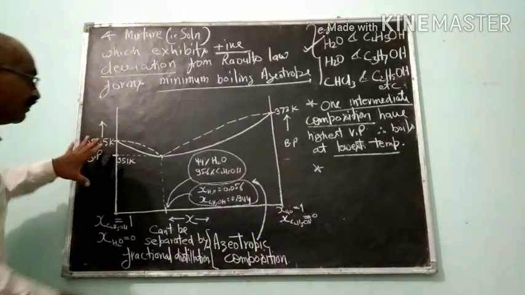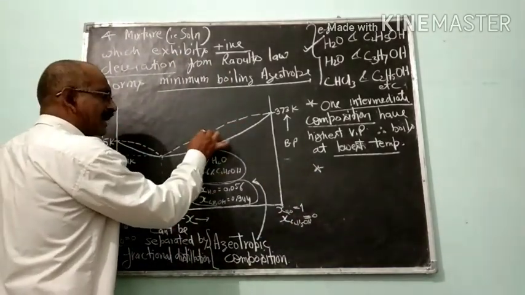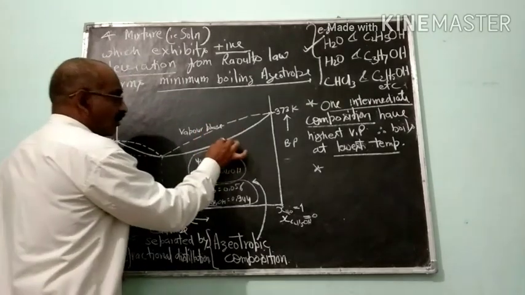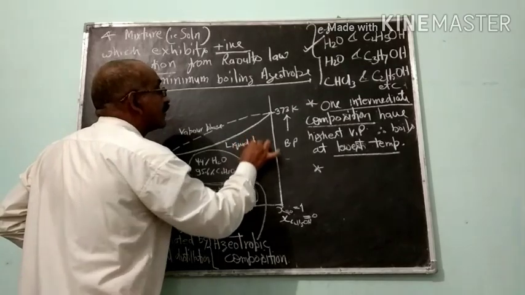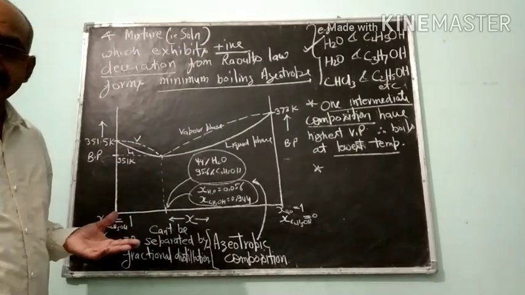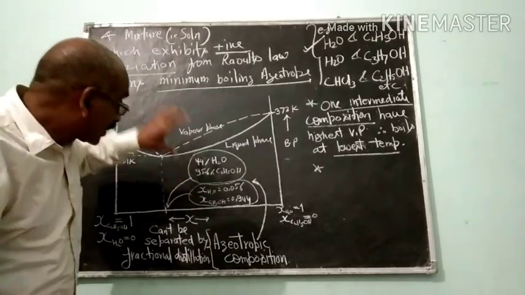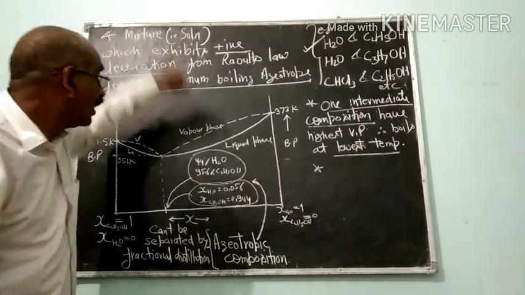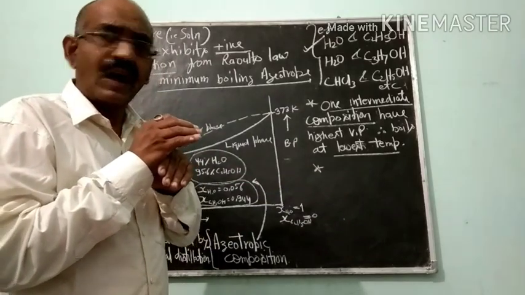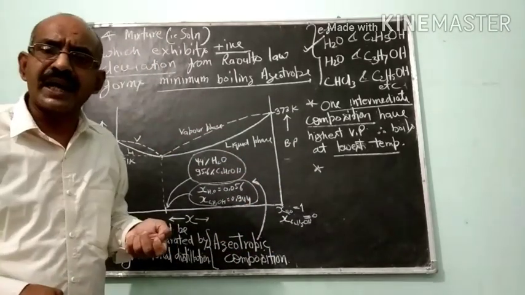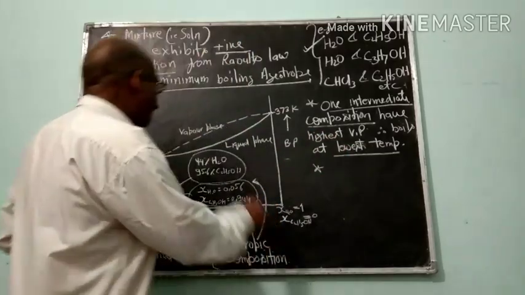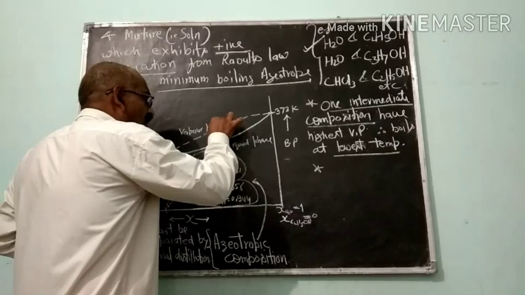नाउ सी, इस डायग्राम में दो कर्व है। जो अपर कर्व है, दिस अपर कर्व इज फॉर वेपर फेज एंड दिस लोअर कर्व इज फॉर लिक्विड फेज। ऐसे यहां पर अपर कर्व इज फॉर वेपर फेज, लोअर इज फॉर लिक्विड फेज। ठीक है? तो एजियोट्रॉपिक मिक्सचर का वेपर फेज और लिक्विड फेज में जो कंपोजिशन होता है वो सेम होता है, और इसी कारण जो एजियोट्रॉपिक मिक्सचर है वो कांस्टेंट टेम्परेचर पे लाइक प्योर लिक्विड बॉइल होता है। यहां पर हर पॉइंट पर इक्विलिब्रियम होता है।